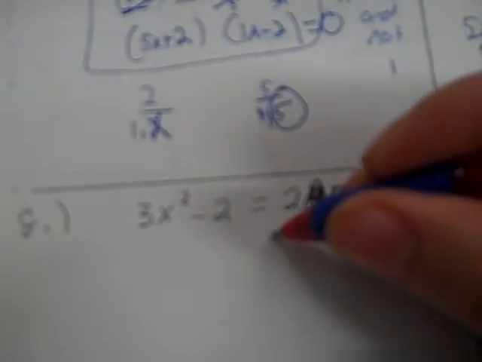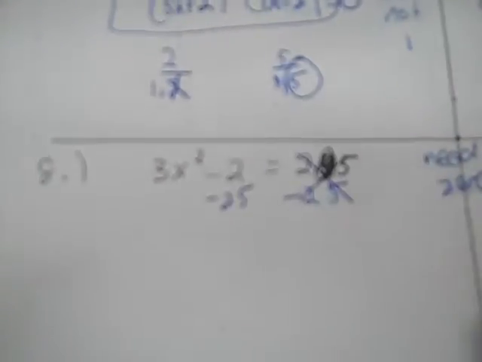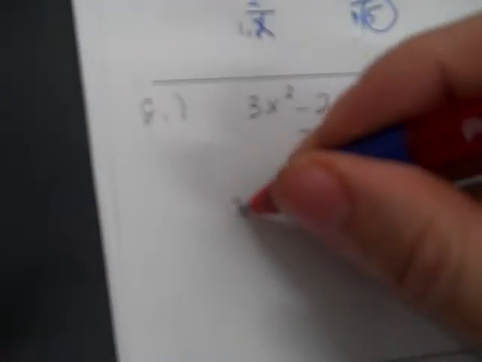Okay, next problem. Again, there's 2 answers. We have a second power, but we need our 0. Okay, so at this point in the class, whenever there's more than one answer, we want to get it to 0 so we can factor. So that 25 is positive, so I'm minus 25, and then that would go under the 2. So that's going to be 3x squared, and negative 2 minus 25 is negative 27,